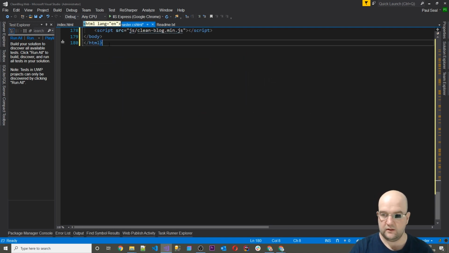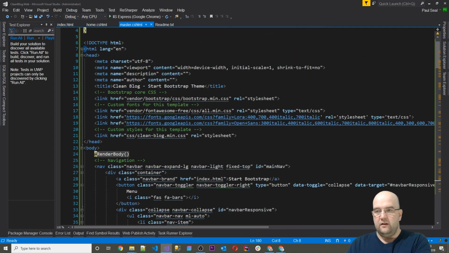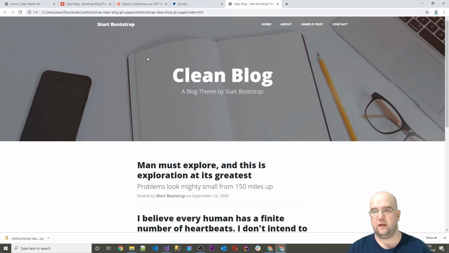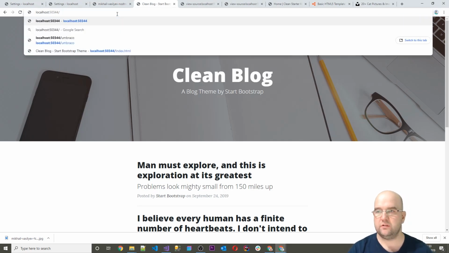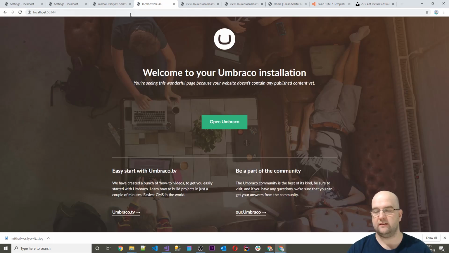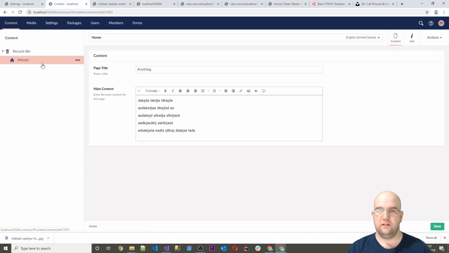There we are. So we just have one HTML document now, and then save all. So now if we go to our website page on here, we don't need index.html anymore. We can just load at the root of the site, and it's saying that we don't have any content, so I forgot about that. So what we want to do is go into Umbraco, and then we want to go